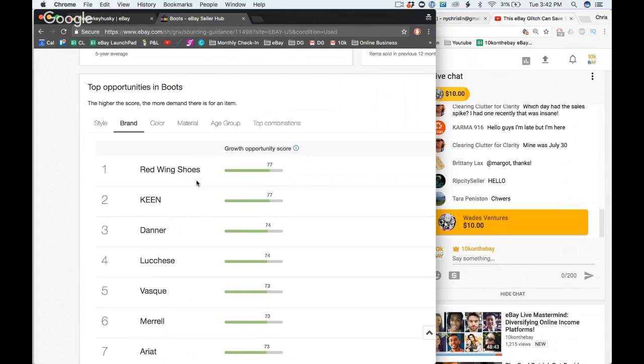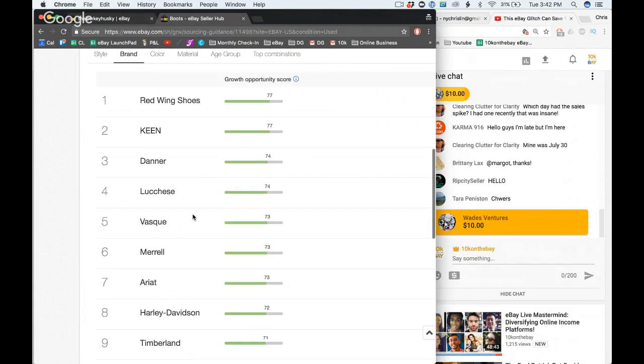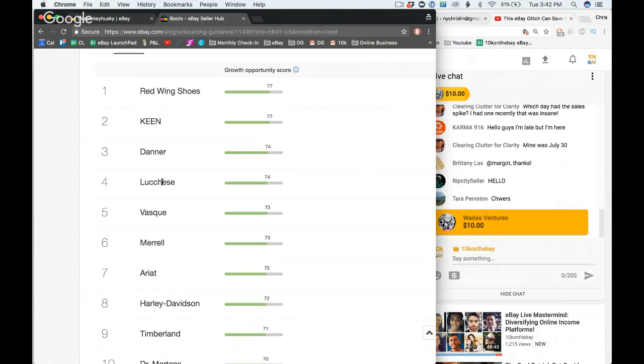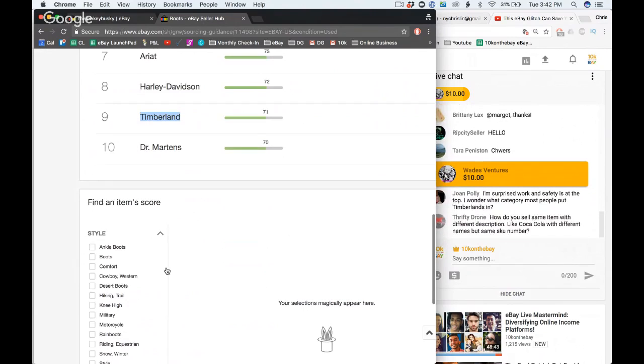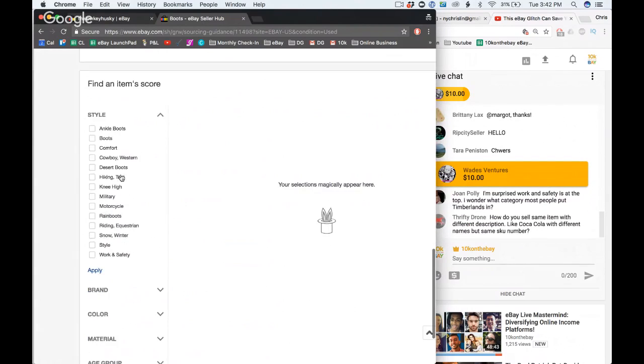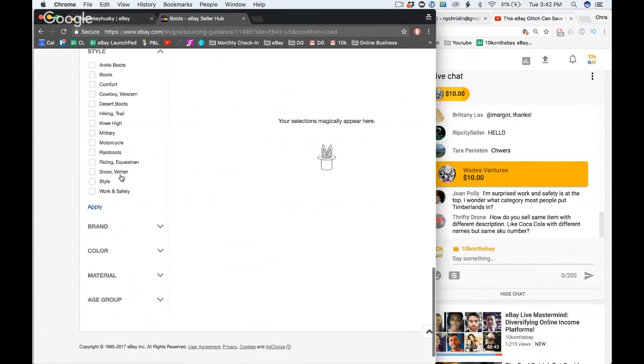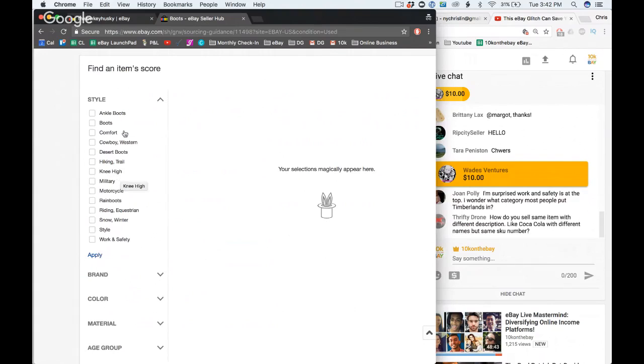Brands, we're looking at Red Wing, Keen, Danner. This brand, I don't know how to pronounce it, but Bonafide Hustler sells a lot of these. It depends on where you live. I actually did not know Merrell made boots. Timberland you would think would be higher, but they're number 9 on this list. And you can scroll down and take a look at different styles, different brands, different colors, materials, age group, and find out